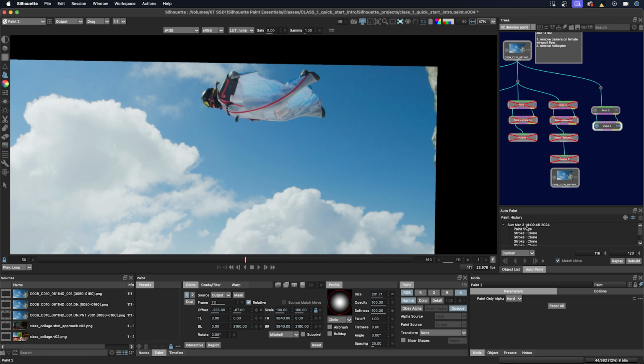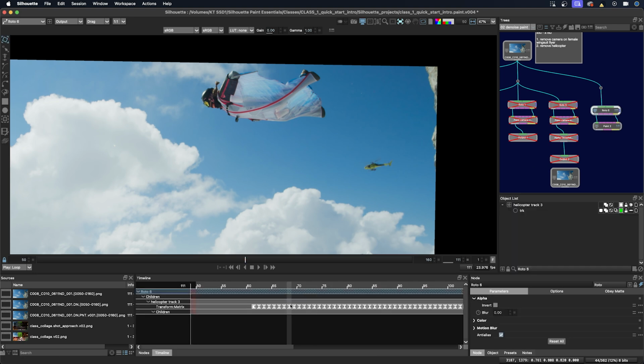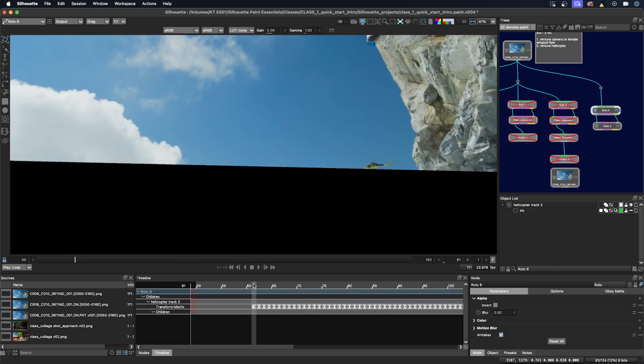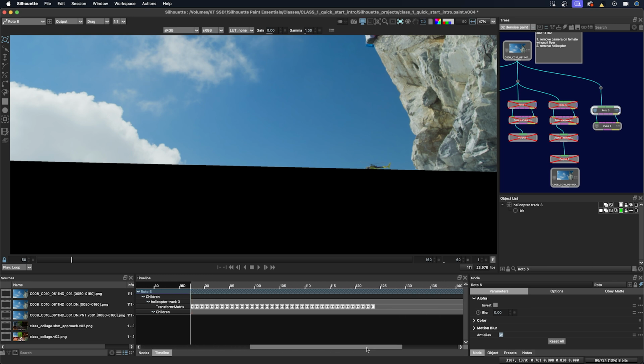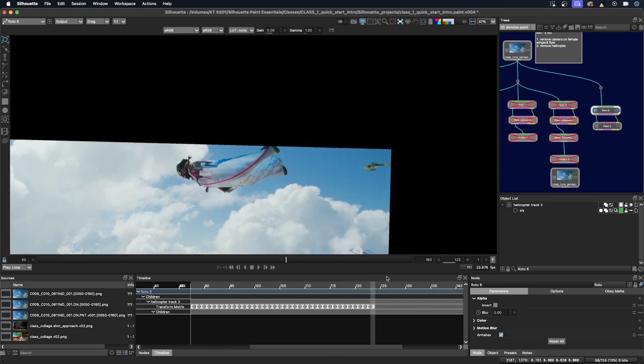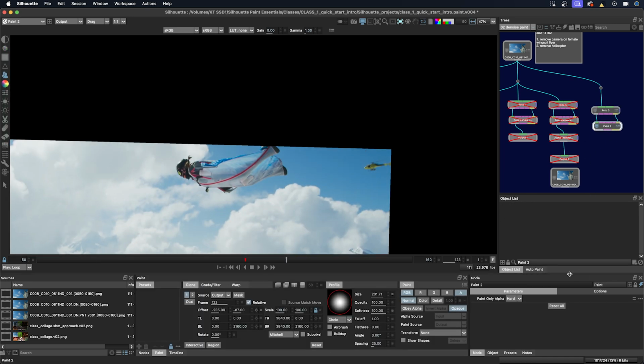Now we're going to apply the track to the paint strokes. So we're going to first make sure that all of these boxes are correct. So we want to make sure that we use all the tracking. I'm going to go back to the roto node to find the first frame. And that would be 61. And the tracking goes all the way up to 123. So we'll go back to the paint node, select the auto paint window, change this to 61, click tab. Okay, so then 123, that's correct already.